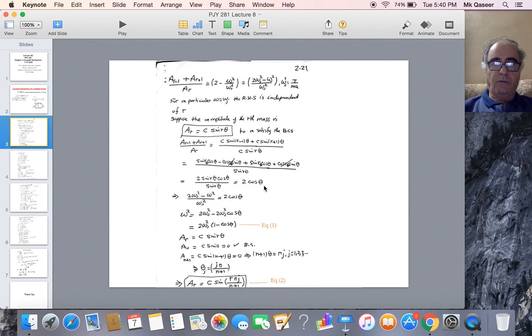Now solve for omega squared. We get this expression, omega squared equals omega 0 squared times 1 minus cosine theta. I'll call this equation number 1. Now for the boundary conditions, at r equals 0, a sub 0 is 0, since C sine 0 is 0. At n plus 1,